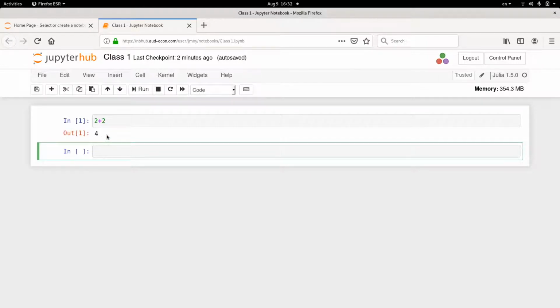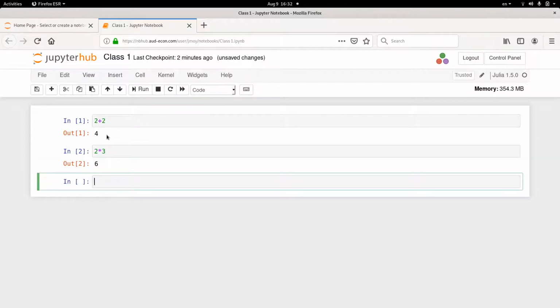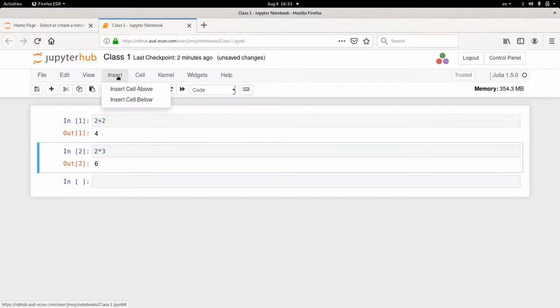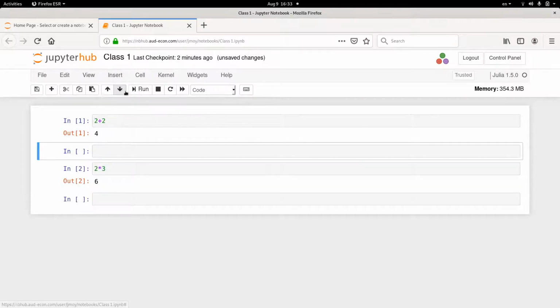And we can keep running more cells like this. You can say 2 into 3 and so on, same kind of thing. Again press Shift Enter and you get this. Now you can insert a new cell. Every time I press Shift Enter, a new blank cell is created for me. But that is not necessary. If you want to insert a cell in between, go to a cell, and when you look at Insert, you can say Insert Cell Above, or you can Insert Cell Below. So you can insert cells in between.